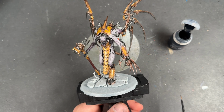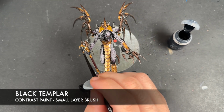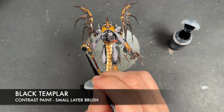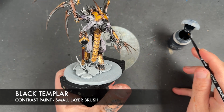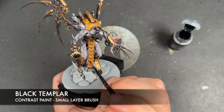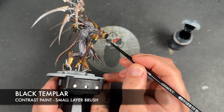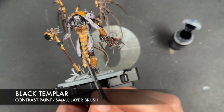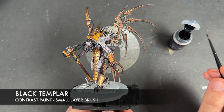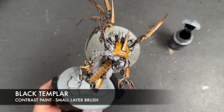And so with that Flesh Tearer's Red all applied, we're then going to take some Black Templar. I'm going to apply this to the areas that we want to be black metal. So this is going to be areas like the hammer head itself. Like that. We will want to do in there as well, but just for the moment, moving on to the